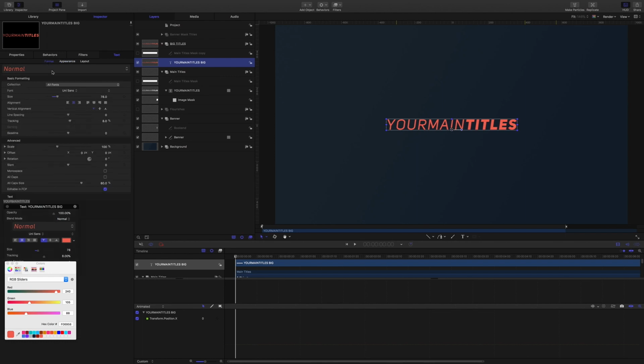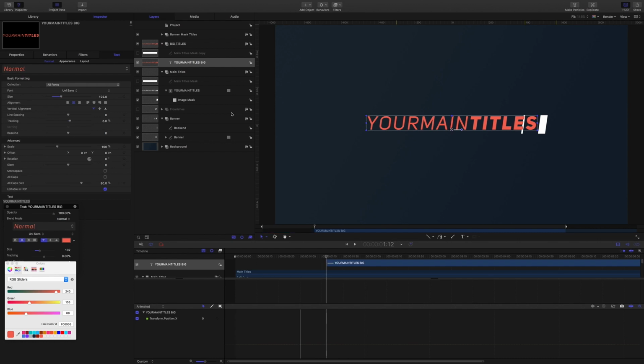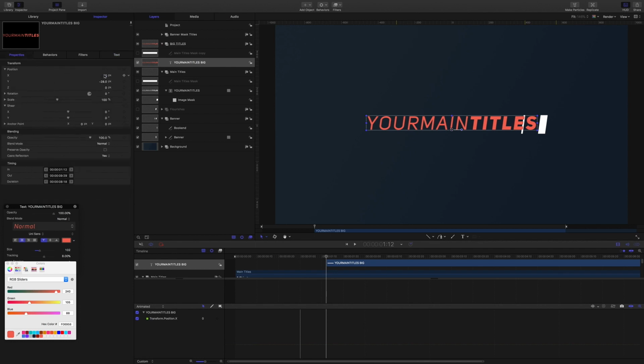Right, then come into the format and increase the font size to 102. Then bring your playhead to 1 second and 12 frames. And first thing is to hit I on your keyboard to trim these big titles to that point, and then come into properties, move the X position back until the Y sits right here